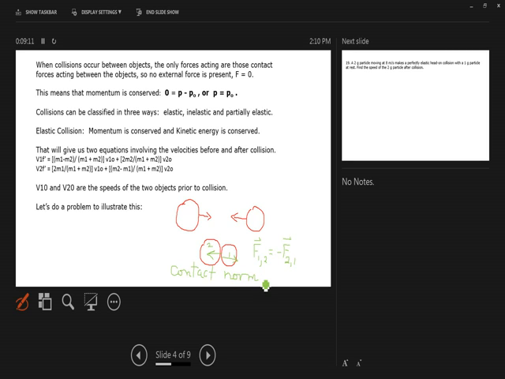So that's what we mean up here when we talk about forces acting between objects. No external force present, only internal forces. Now, our collisions can be described then as